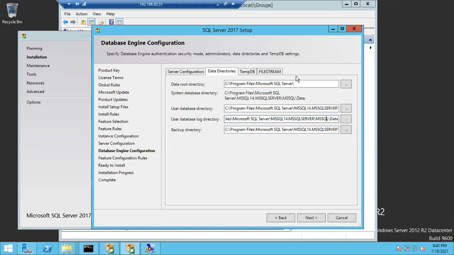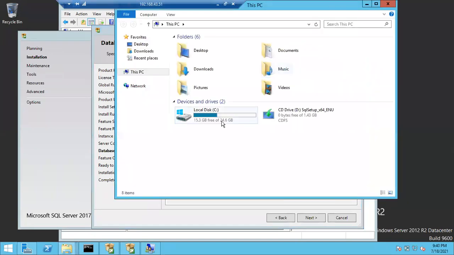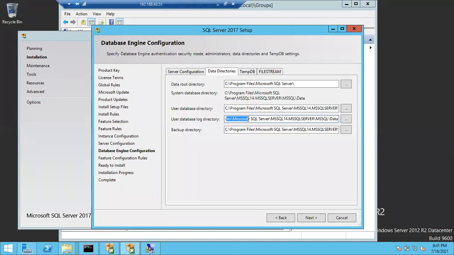I have only a C drive, guys. In case you have an E drive, F drive, G drive, you can specify different drives for different files. You can save the backups in the X drive, your log files in some L drive, and your data files in some E drive. You can also set your data root directory, though usually it will be the C drive only.